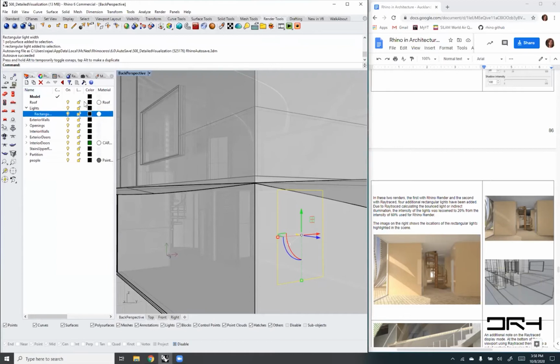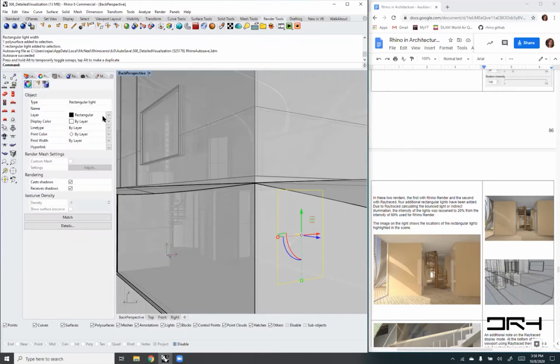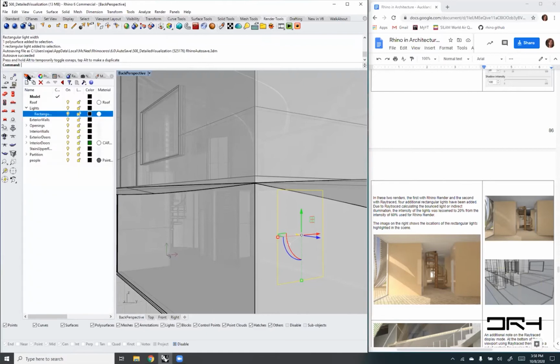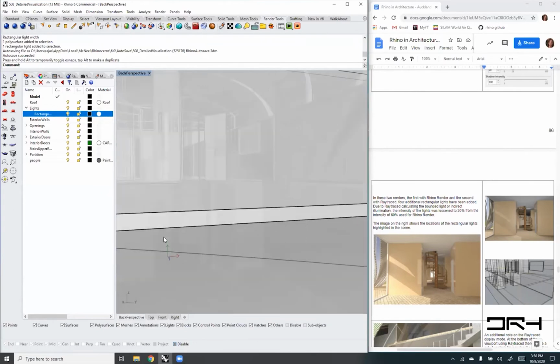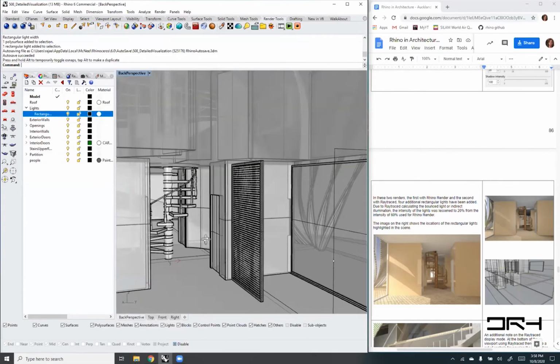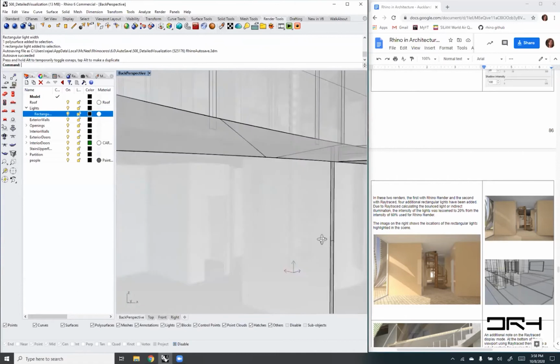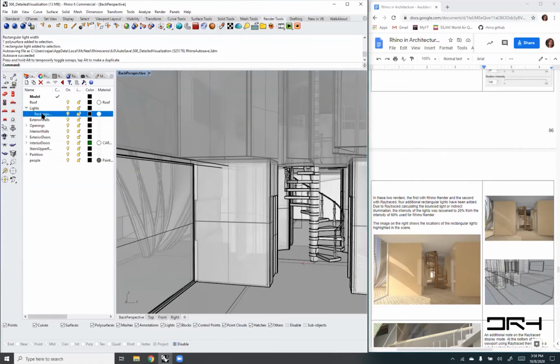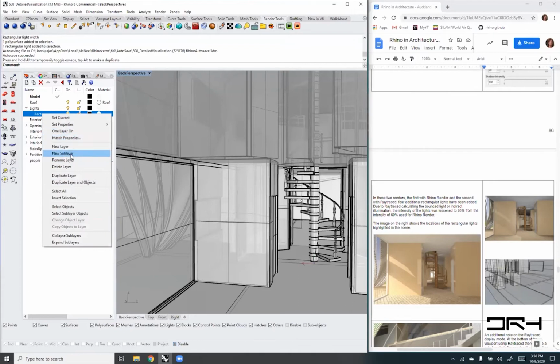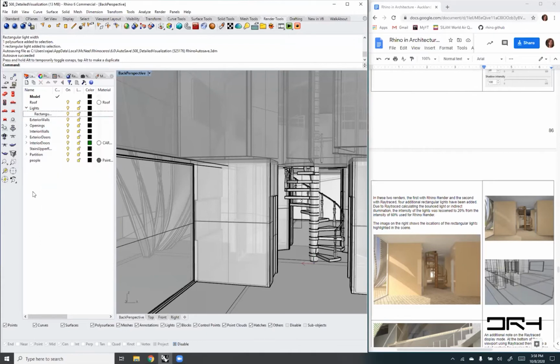And so my light now is actually placed in the proper layer, and that helps if I want to turn it off or on. So it's kind of easy. And now if I look inside, you'll see where is my light. Select